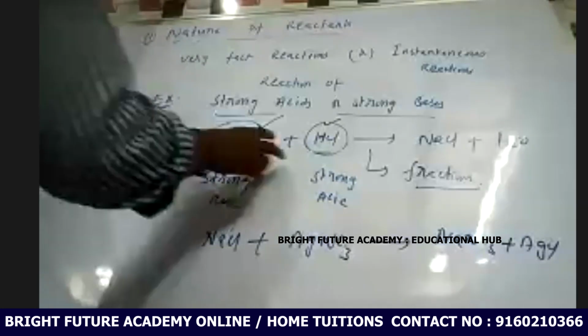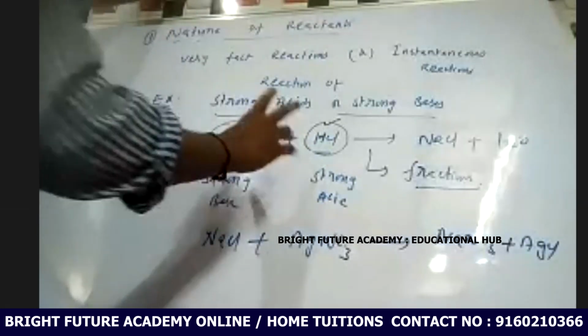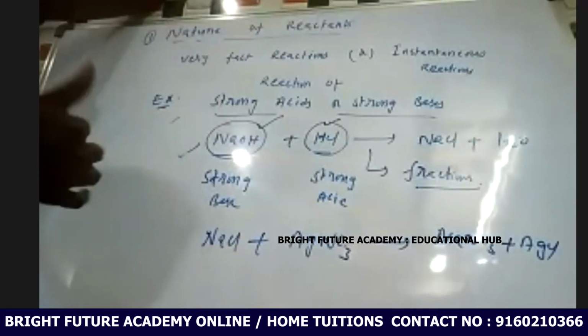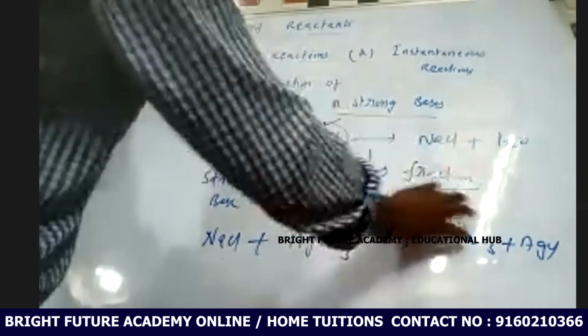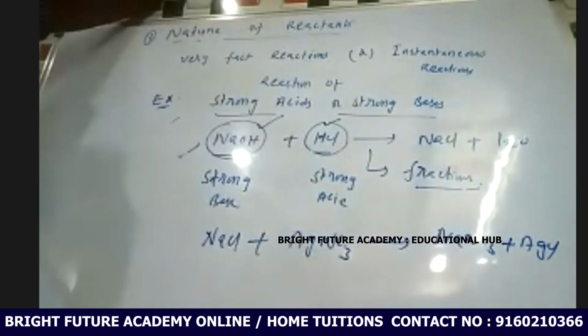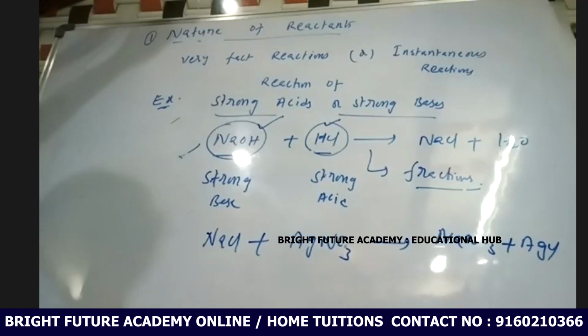Next, the nature of the reactants. Based on the nature of the reactants, the reactions are completed very fast, meaning in a fraction of a second. So these all affect the rate of reaction. Okay, clear now? So the next one is